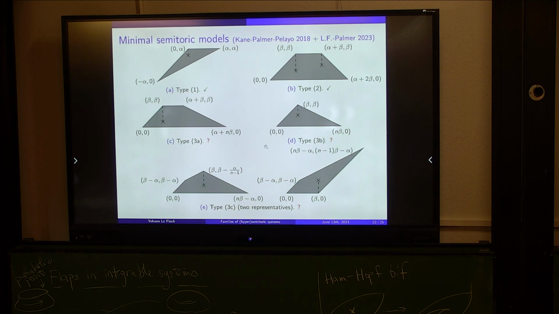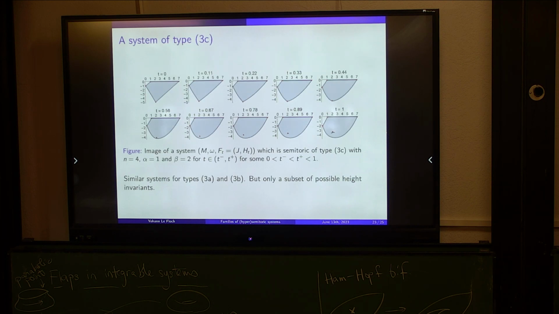And I guess I will end with this. We struggled, but we managed to get something explicit for each of these 3 weird types. And they are weird also because they have a parameter n inside them. And the one with parameter n has a Z_{n-1} sphere. So we'll have arbitrarily big Z_k spheres when you vary n. And you have one extra parameter, but we still manage to get something explicit, which also has the same behavior at some point. It has a flap appearing. And I guess I will stop here and not bother you with the details of the strategy, because everyone is tired. Thank you very much.